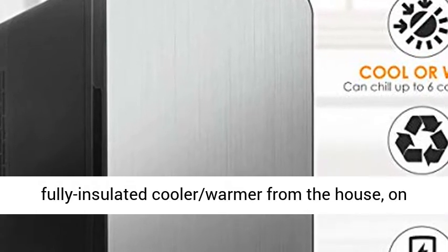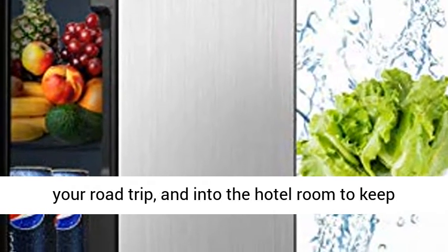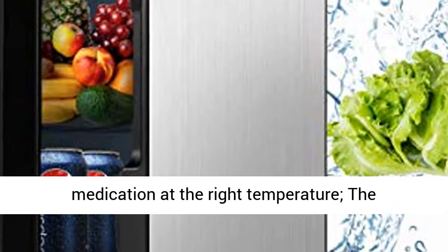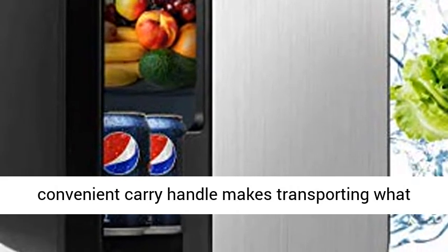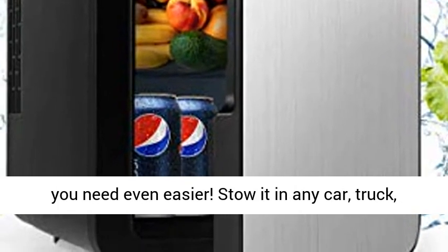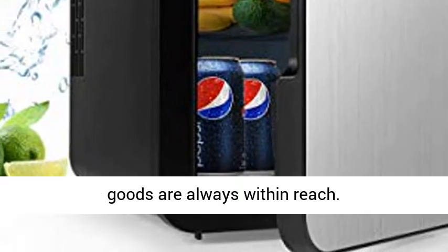Maximum portability. Take this fully insulated cooler warmer from the house, on your road trip, and into the hotel room to keep medication at the right temperature. The convenient carry handle makes transporting what you need even easier. Stow it in any car, truck, or SUV, or place it on or below your desk, so your goods are